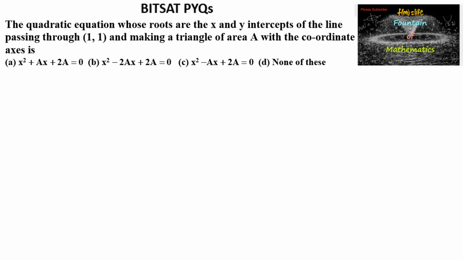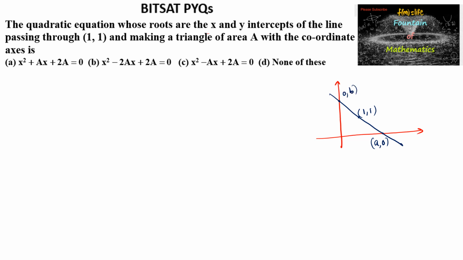The quadratic equation whose roots are the x and y intercepts of the line which is passing through 1 comma 1. So 1 comma 1 is in the first quadrant. So let us consider the line is passing through 1 comma 1, and let us assume that it cuts the x-axis at the point a comma 0 and the y-axis at the point 0 comma